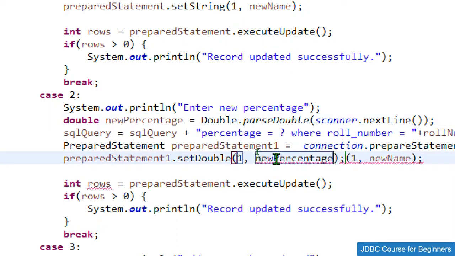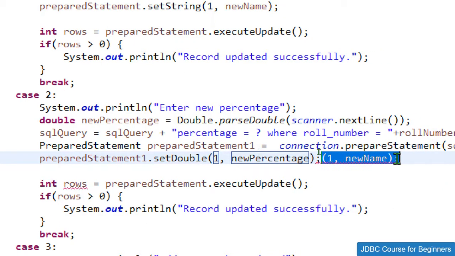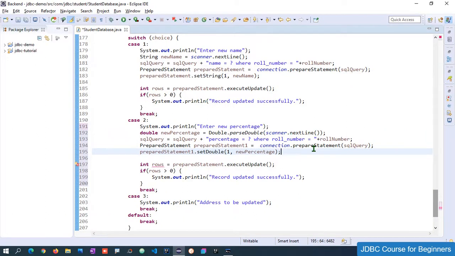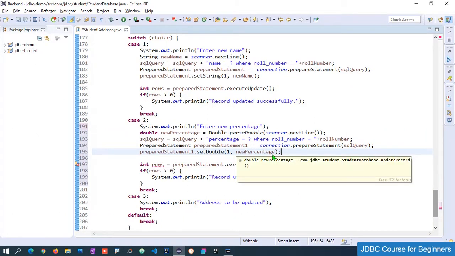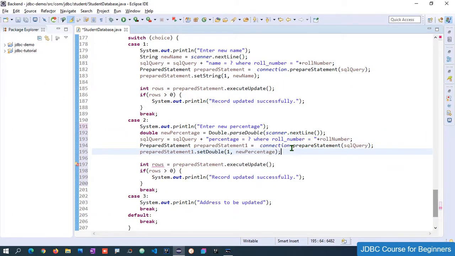So I hope this is not becoming too complex, but the update operation is a headache for everyone, and this update operation needs to be done with a lot of things, like we need to check first whether the record is present or not, and only then can we perform the operation. So there are certain scenarios that we need to consider while playing around with the update operation.